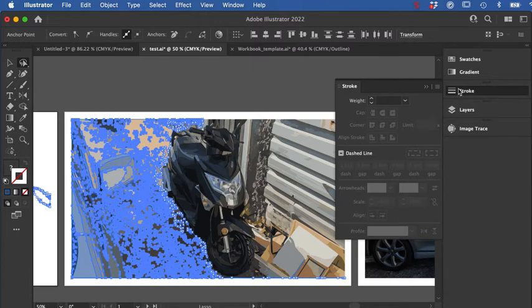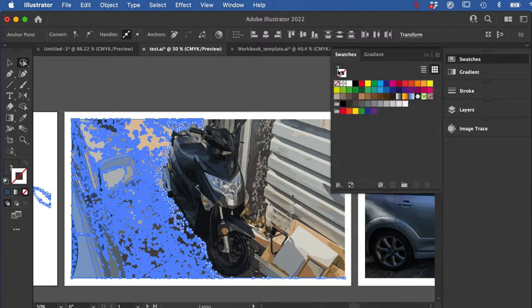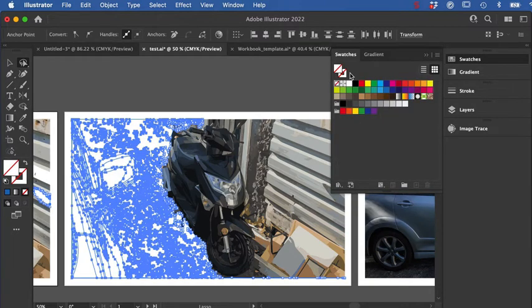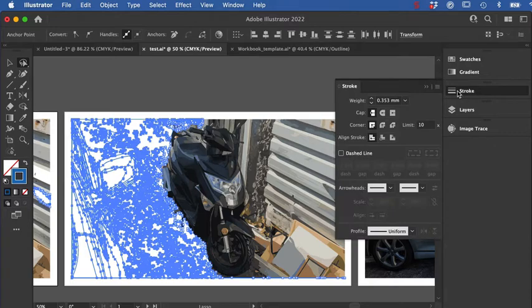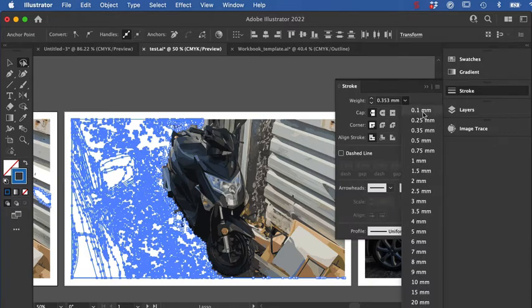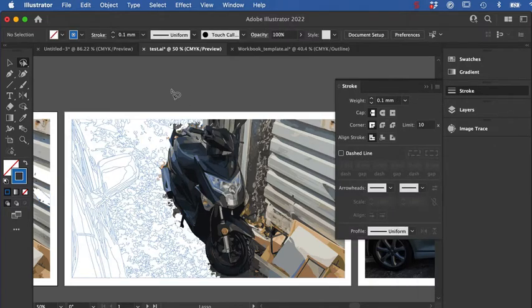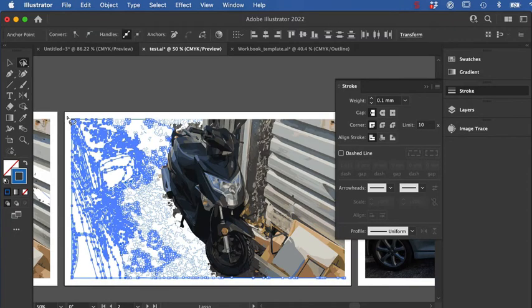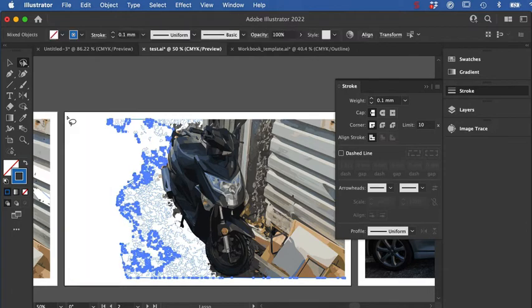I'm going to put it on, again, a fill of none, a line of that kind of deep blue. I'm going to go to the stroke. I'm going to make sure it's a fine line. So this is the one that was a little bit more low res. So let's see how it looks now when we kind of eat into that image a little bit. So if I delete once,